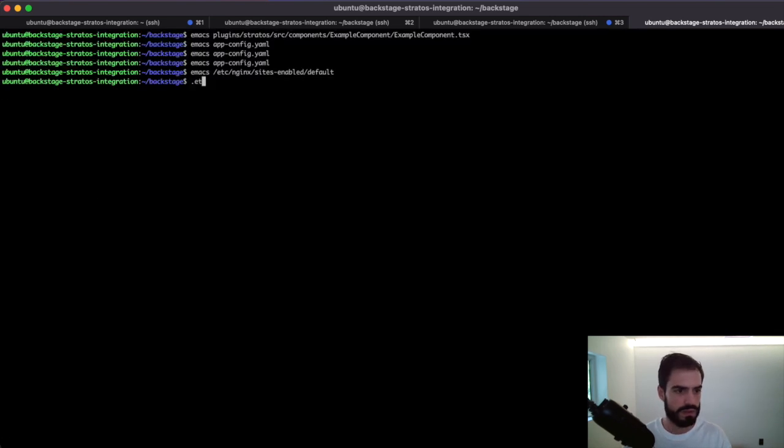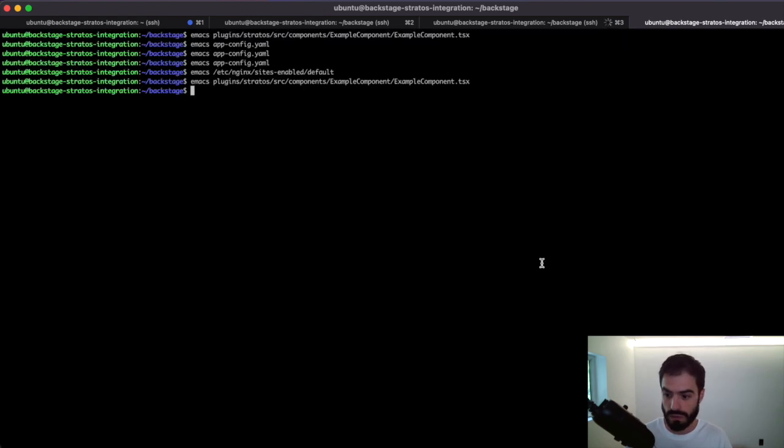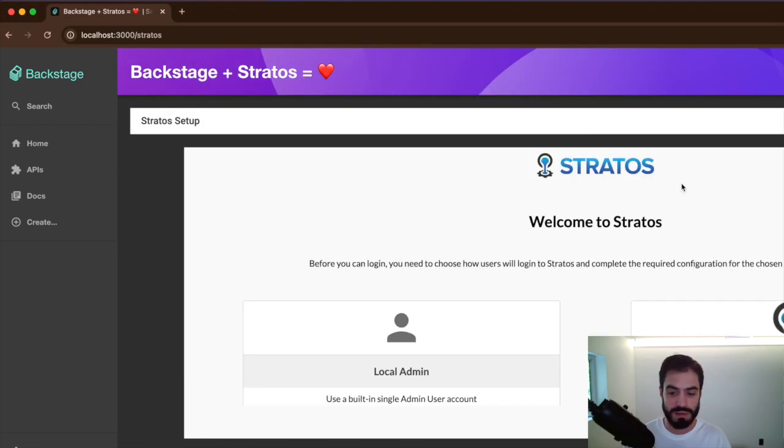So okay, I think Nginx is already running. Now I just need to edit my component to point to my Nginx. I made it run on 8080. Okay. And here you go. It's working. That's it. As you saw, it was fairly easy to integrate Stratos into Backstage once we use Nginx